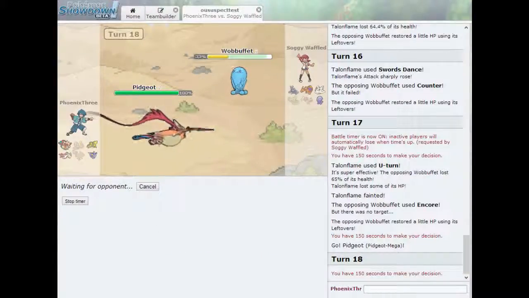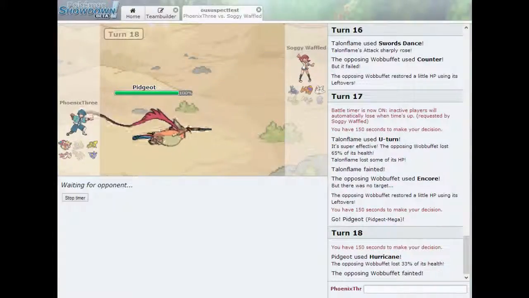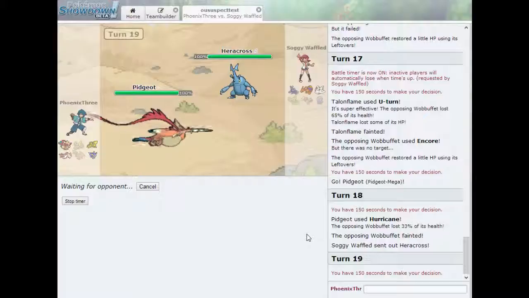I got a Hurricane. It's my best move against it. Okay, cool. We get the knockout on it. So now I'm going to have to overcompensate with Vaporeon, which is what I don't want to do. Man, that Wobbuffet is scary. But this Heracross is even more scary, because now I done lost my check. I gotta go into Vaporeon. Because if this thing is Scarfed Moxie, then...